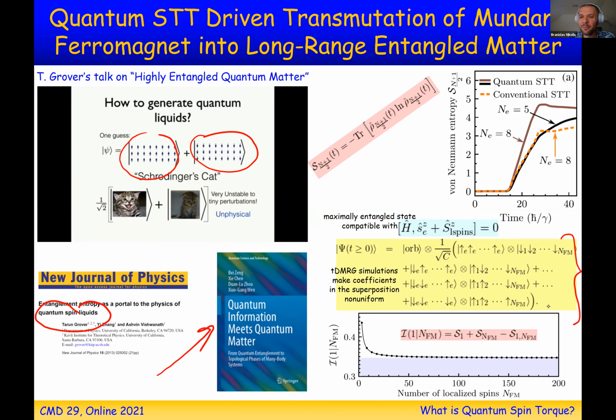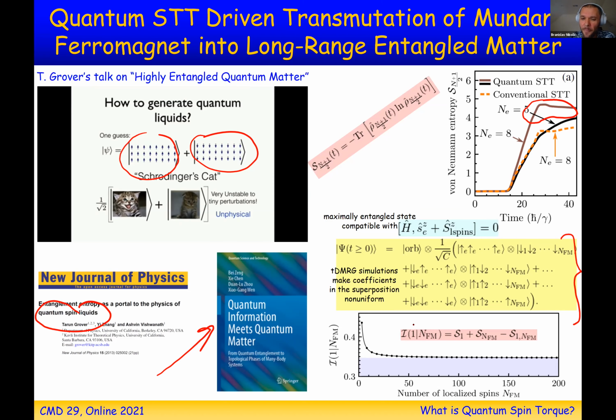The highest entanglement is when they're actually outside of this realm of Slonczewski-Berger torque. And here I wrote an analytical state. The DMRG would tell you that the coefficients in this state are not all the same, but for the sake of deriving an analytical formula, I make them all the same, and I also get a maximally entangled state. And then what we see is that when the geometry is this antiparallel collinear, they get the highest von Neumann entropy of half of the system, which is one standard way to quantify entanglement of a non-equilibrium many-body system.